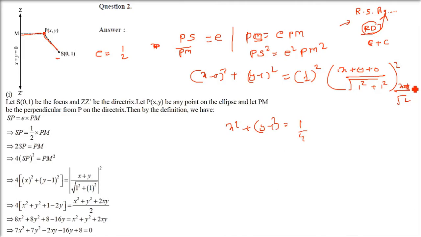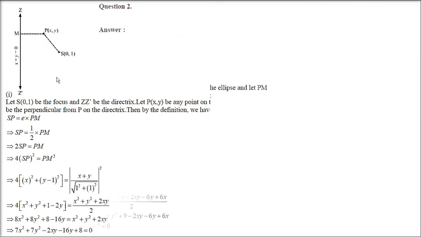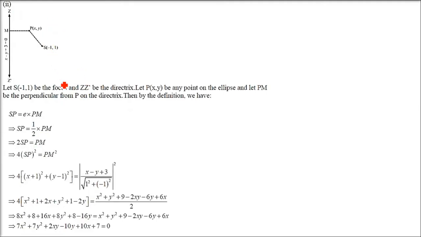So this under root 2, the root will go, so you have 2 only in the denominator. Then you have x plus y whole square in the numerator. So you get (x plus y) whole square by 2. Then you have 8, multiply this 8 on the left hand side, take the cross multiplication, open both sides, and combine the equivalent terms, and this is the final equation. So there are 4 questions like this. Same thing you have to do, always take a point (x, y).